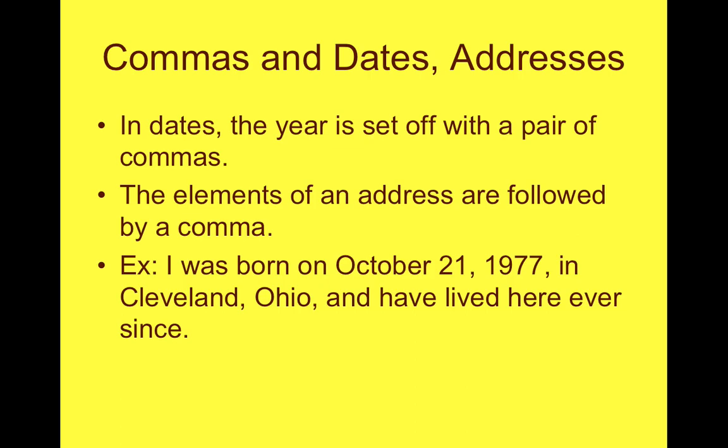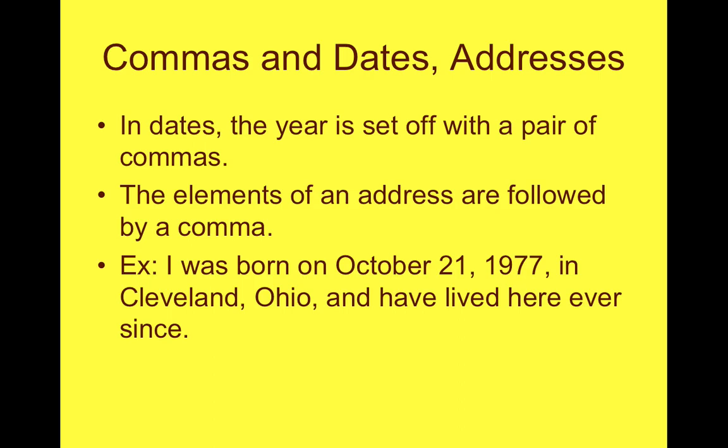With dates and addresses, we use commas to set off elements as well. With dates, the year is set off with a pair of commas from the rest of the sentence. The elements of an address are also followed by a comma. So our example here actually includes both. I was born on October 21st, 1977,